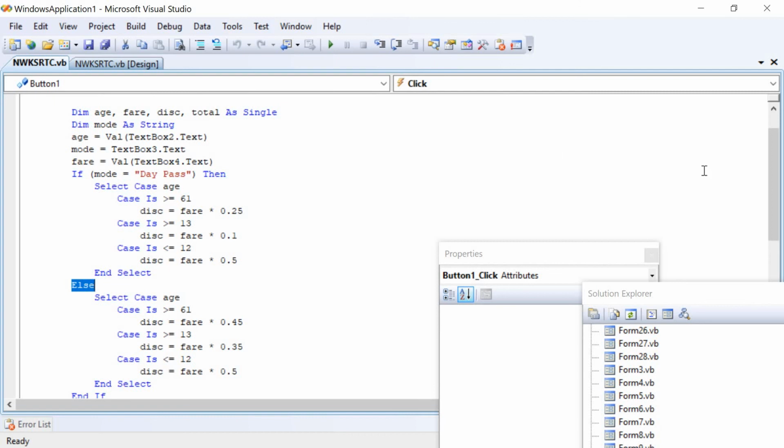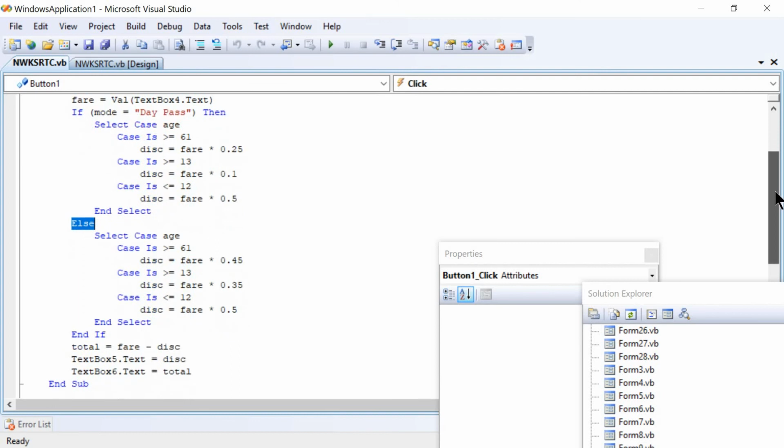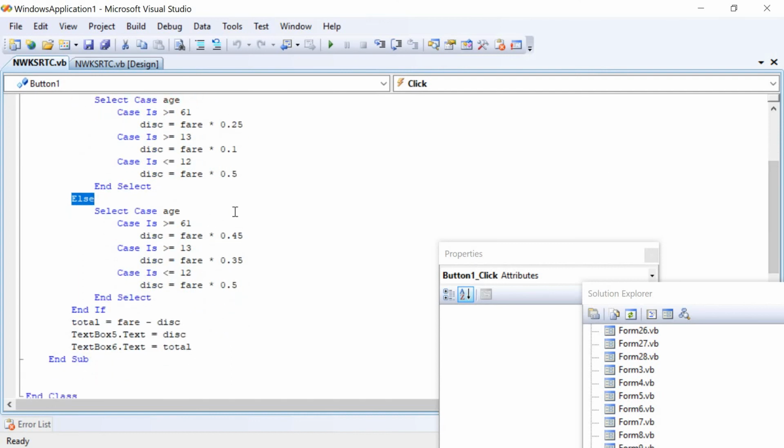Else part here, suppose we have entered the mode monthly pass, in that case here comes again the select case age. Case is greater than or equal to 61, that is 61 or above 60, then discount is equal to fare amount into 45 percent. This 45 percent is written in the form of 0.45. Then case is greater than or equal to 13, that is ranges from 13 to 60.